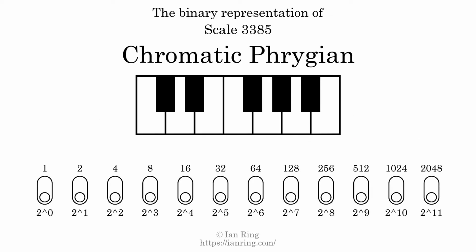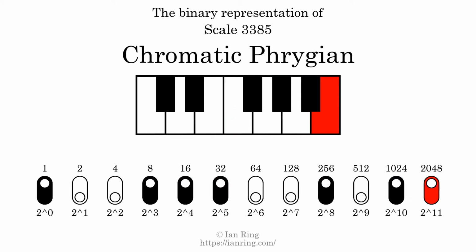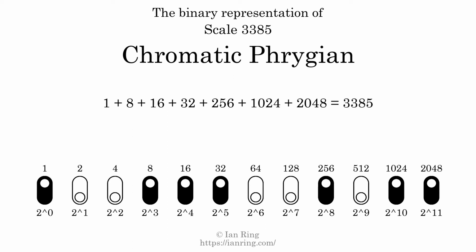The binary representation of this scale is determined by mapping tones of the scale to binary digits. Each binary digit represents a power of 2. To get the scale number, we add the powers of 2 together. The powers of 2 that are present in the scale, all added together, equals 3385. That is why the scale number, in decimal, is